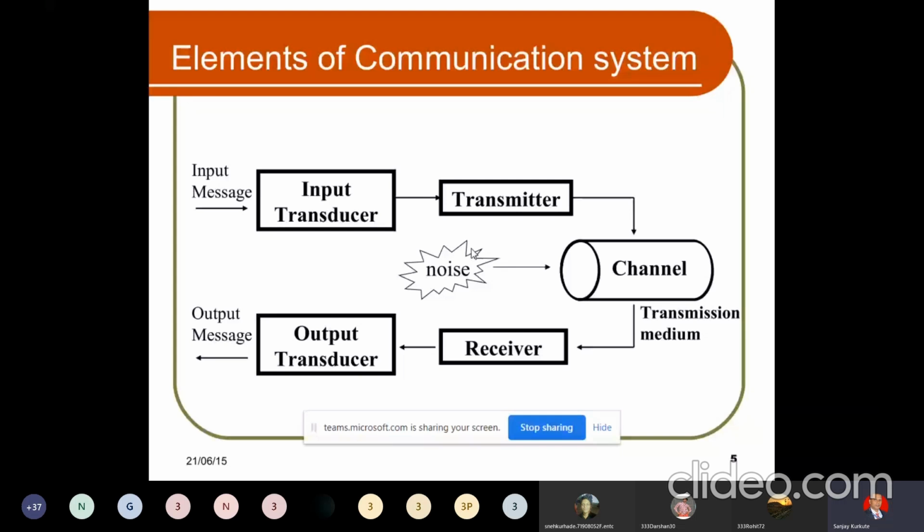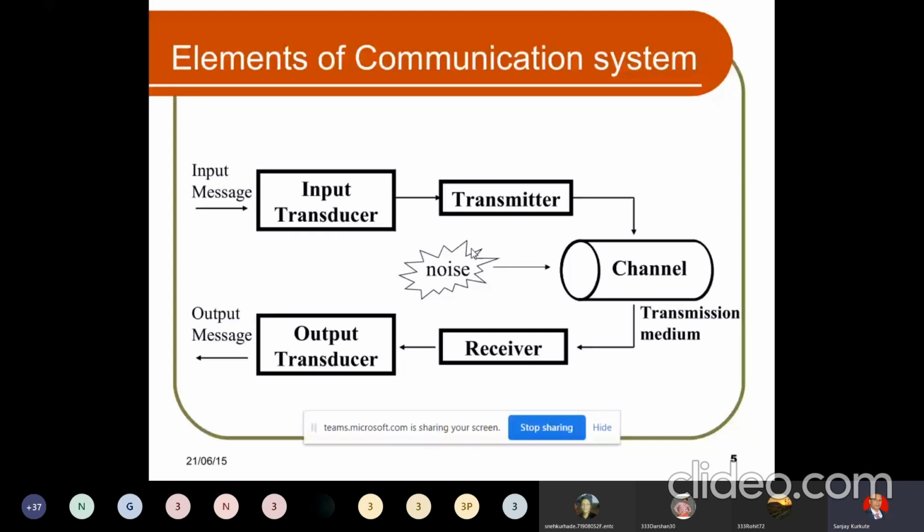We are thinking about the bandwidth also. And according to that, we are using video communication, or sometimes only audio communication, or sometimes both, whatever it is. So channel is there, and while using that channel, there should not be any noise. That care we have to take in the design. And then after the channel, immediately the receiver part will come in the picture, and again the output transducer.